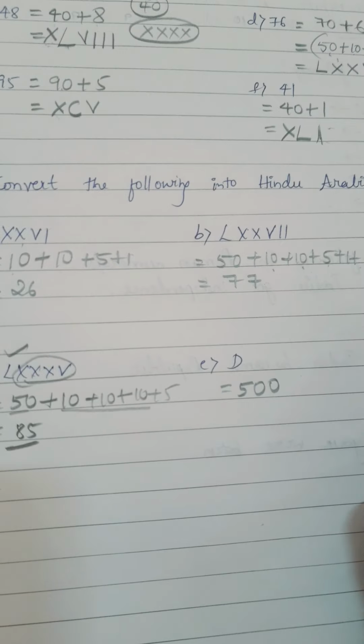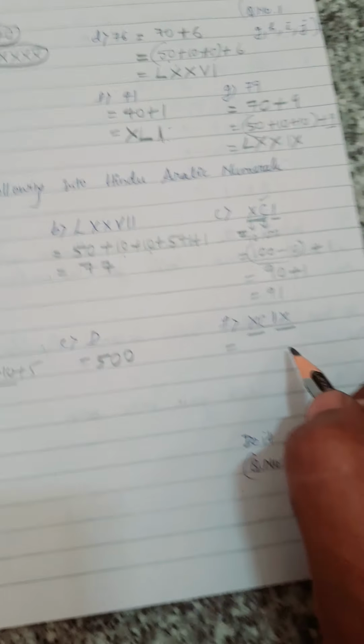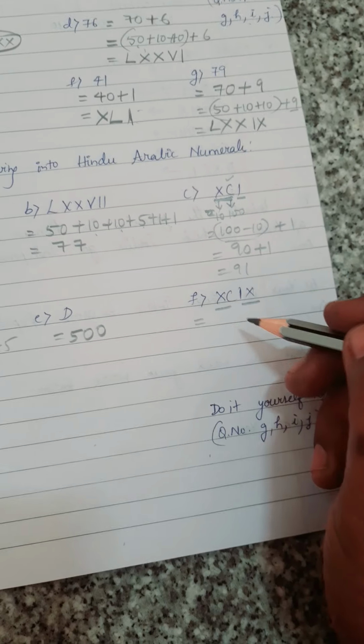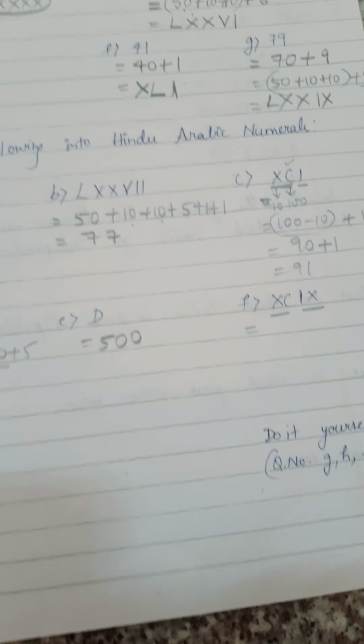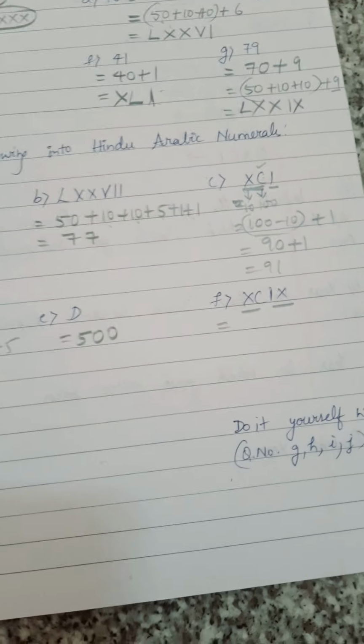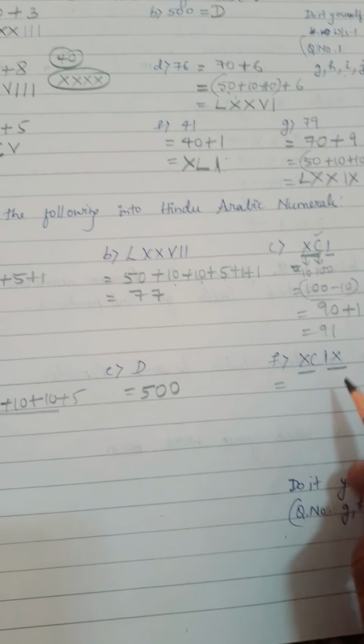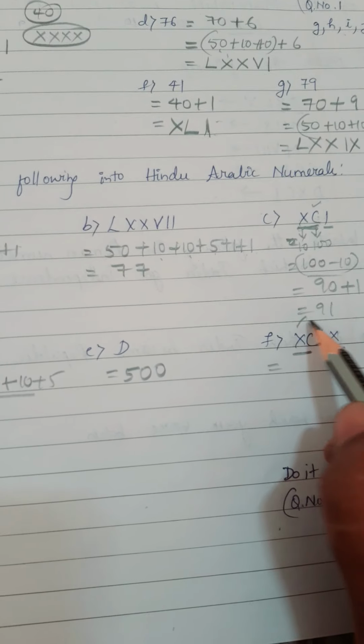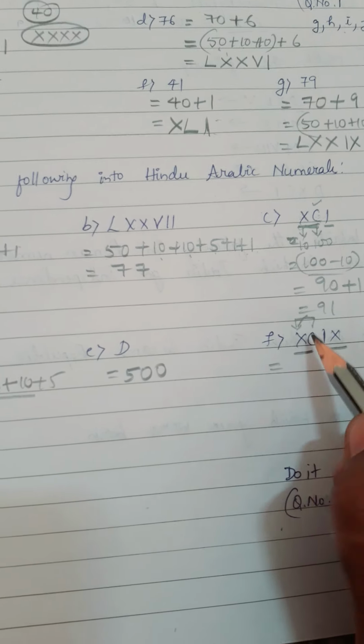Then you have, again you need to use the rule number 4 here. Rule number 4, as you know, it says that the smaller value, when it is written to the left side of the greater value, you need